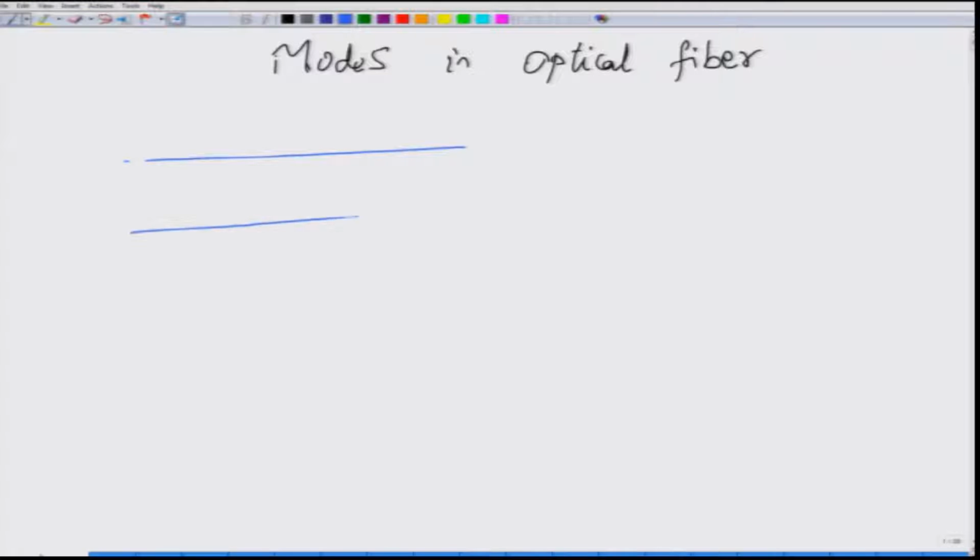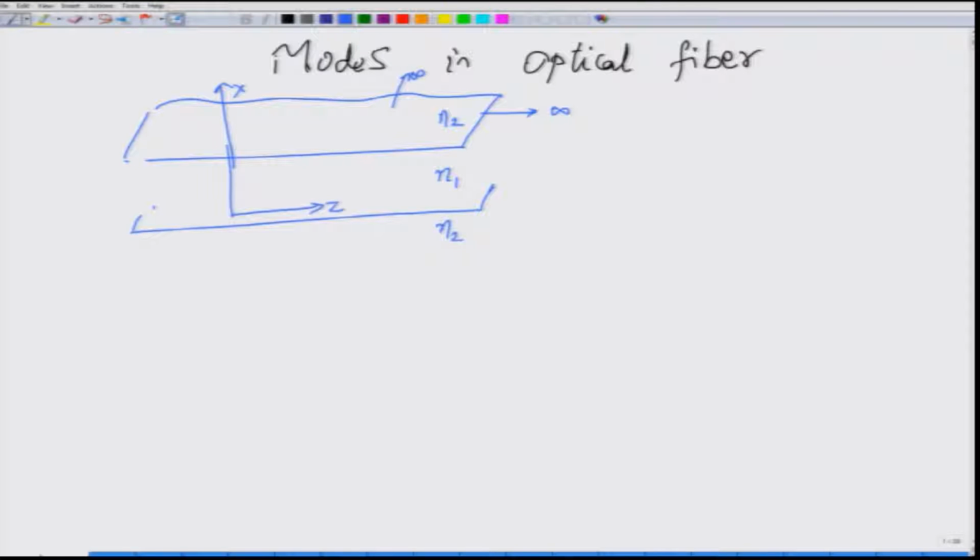For example, if you consider a simple symmetric slab made of some dielectric, so let us say the dielectric has a refractive index of n1 here, and n2 would be the surrounding refractive index. So you can imagine this as coming from a parallel plate, like this is the kind of structure that I am looking at. This extends all the way to infinity on this side, and there is an extension towards infinity on that side as well, and this axis may be considered as the x axis, whereas this axis may be considered as the z axis. So you want the wave to propagate along the z axis.